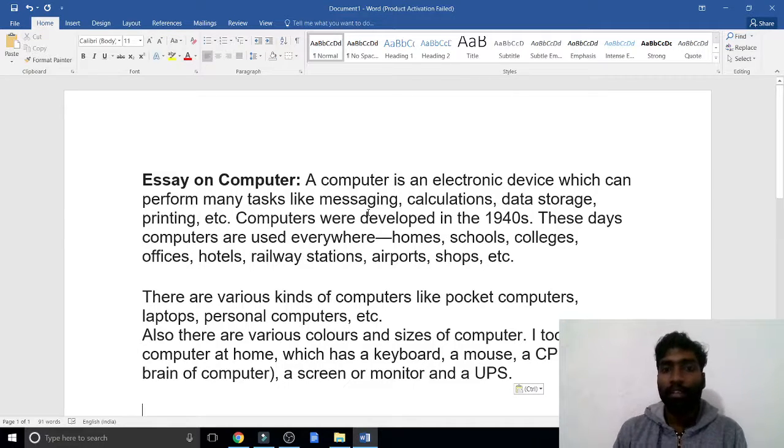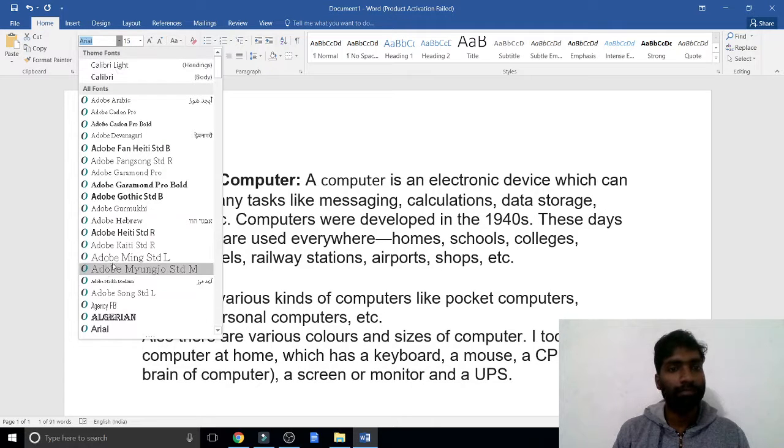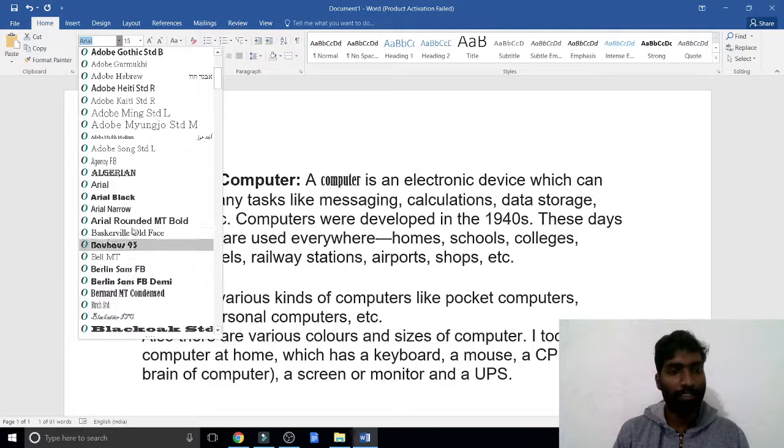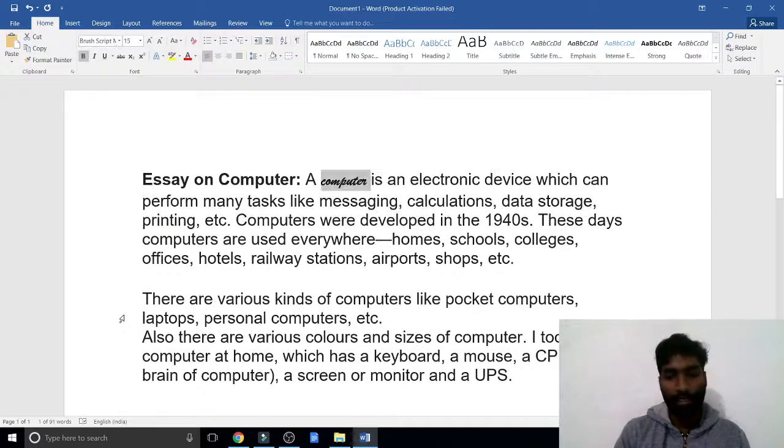Example, if I copy this, the word computer will be copied, correct? But if I use Format Painter, it will copy only the format. Example here: bold, and I'm changing the font style. This is a font style. And I'm increasing the font size.